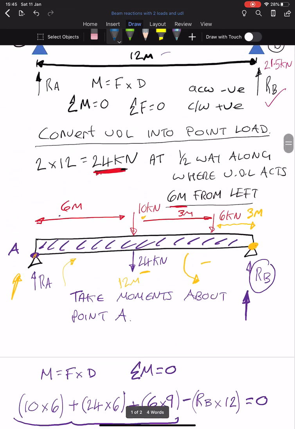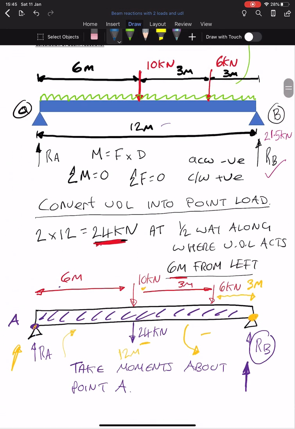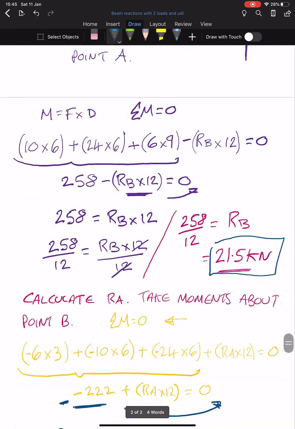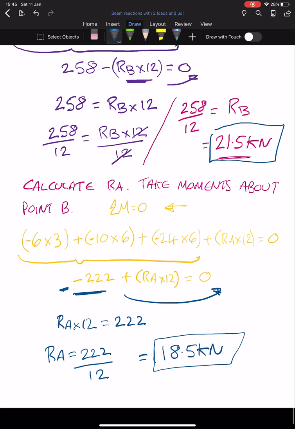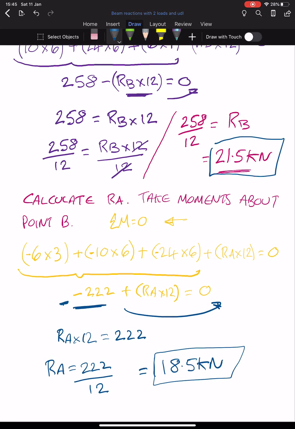So 18.5 is over here. 18 point 5, don't forget the kilo. So that's working out the reactions using moments. We can check that. The last bit we'll do, we can check it because we know that